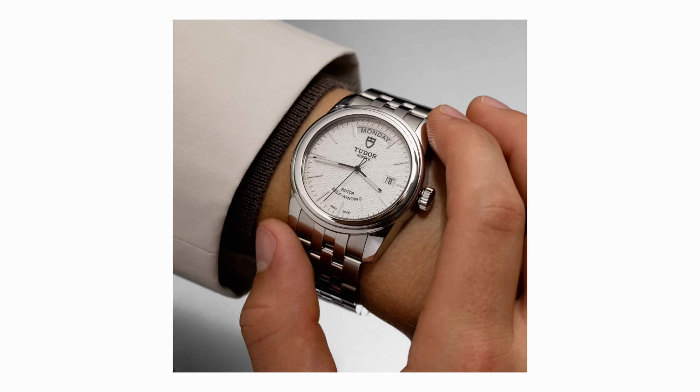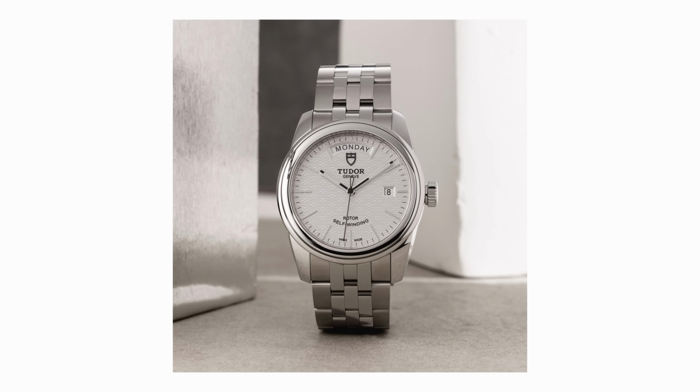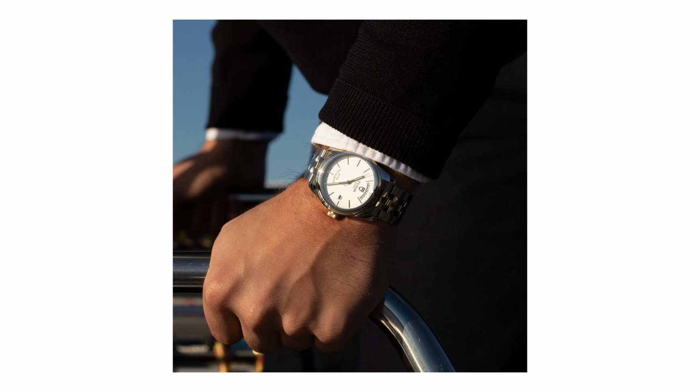You've never seen this Tudor before, guaranteed. It may be called the Glamour. It may sound like it's for people who are more Botox than person, but actually it's a simple case of the Tudor naming robot having a little breakdown and tarnishing a great watch with a terrible name. Its 39mm has a day and date complication, and with a gold crown and bezel costs just